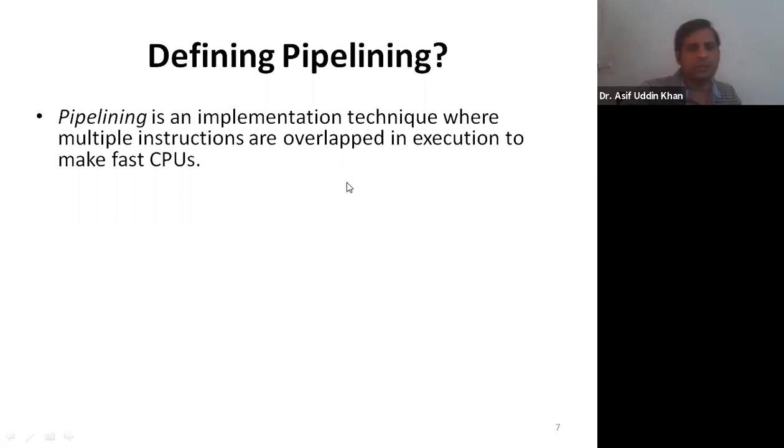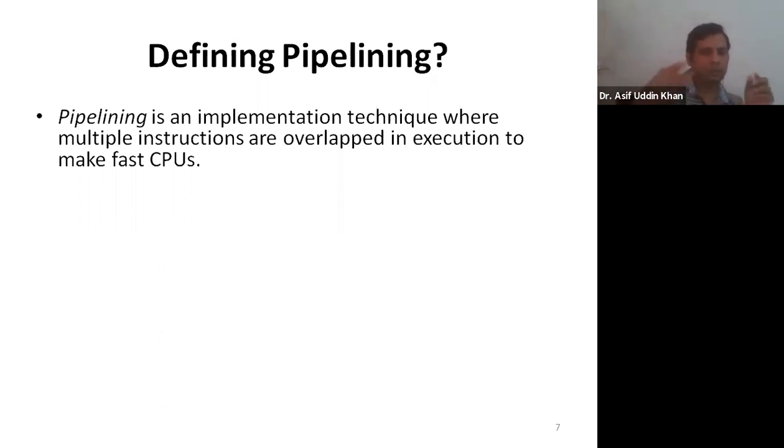There are 5 stages, and all the instructions have to go through the 5 stages. But an instruction does not require all these 5 stages at every moment. At a particular clock cycle, a particular instruction requires to be executed. So all the phases are not required at one point of time. We can do one thing: we can overlap multiple instructions in these 5 phases.